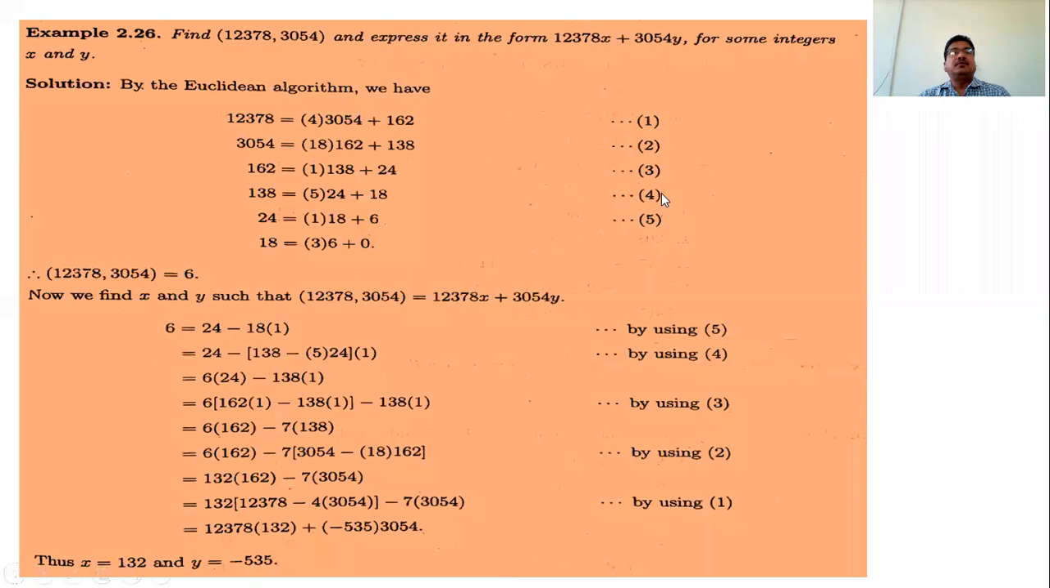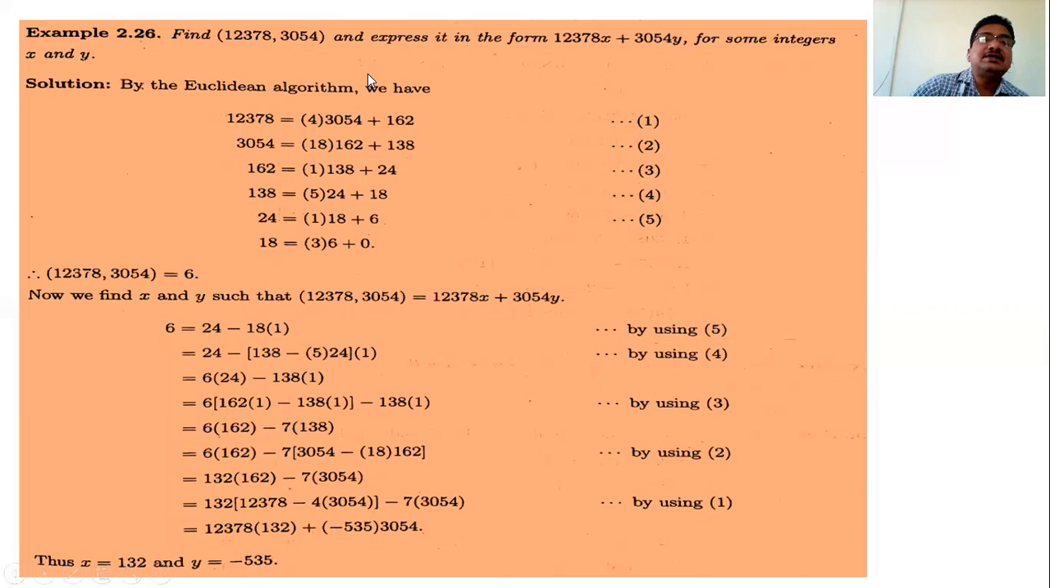So again, today's topic for discussion is greatest common divisors, or examples on the greatest common divisor. Find the greatest common divisor of these two numbers. This is written with round brackets: (12378, 3054). It means we have to find the greatest common divisor, and this is the notation for it, and express it in the form 12378x + 3054y for some integers x and